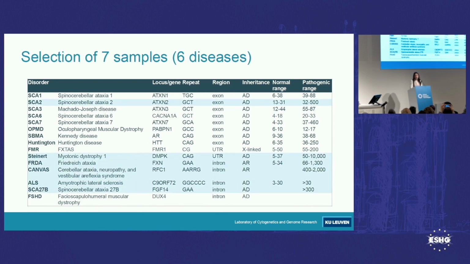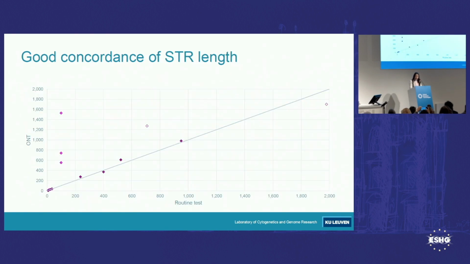And we selected 6 different diseases, 7 patients, highlighted in blue, and we mainly detected those for which the STR was not exonic and where the expansion was really large. To assess the results, I plotted on the x-axis the repeat length that we observe on the routine test, and on the y-axis the length that we observed for ONT, and you can see that for the dark purple points we have a very, very good correlation,